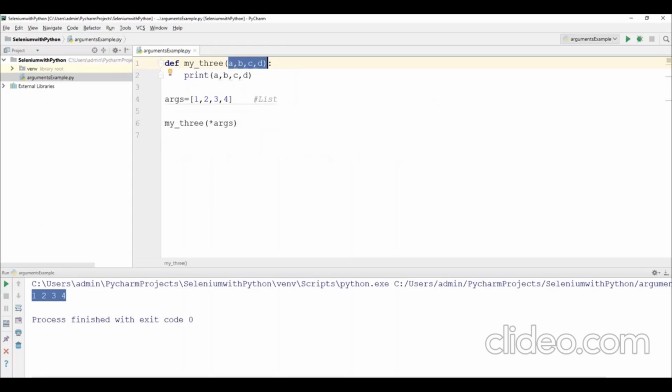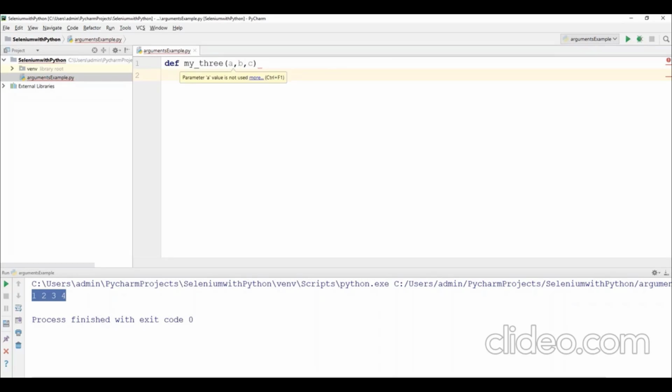Now I'll show you one more example. Go to your PyCharm. Here I am creating one more function, def my_3, and here I'll say a comma b comma c, 3 parameters. Okay, this is one method. We have seen 2 examples for one star: one is getting the parameters into the function and the other is passing the parameters to the function. In a similar way, we can also see 2 examples for taking the parameters and passing the parameters.